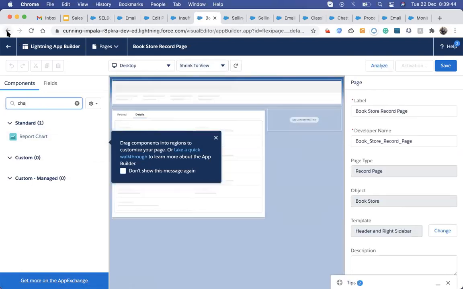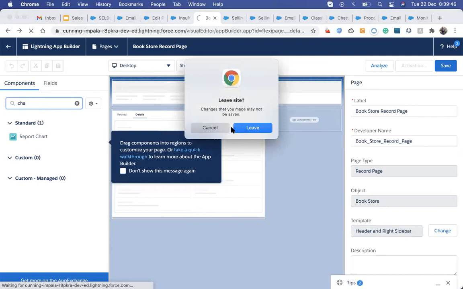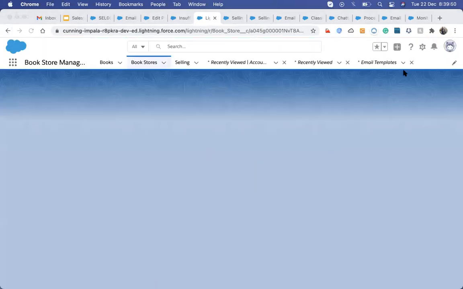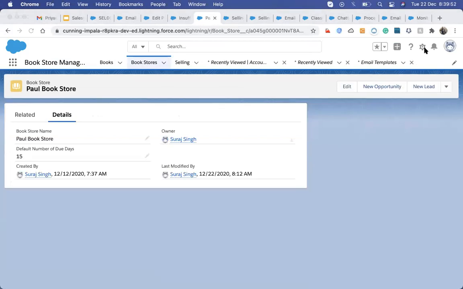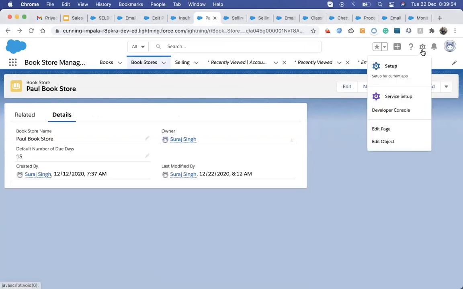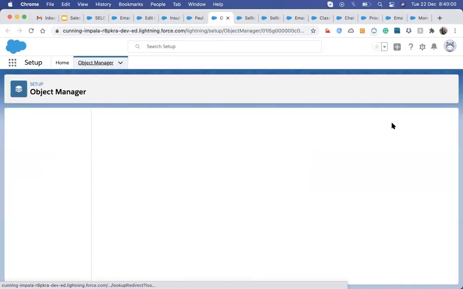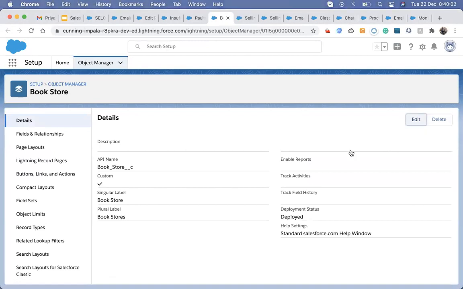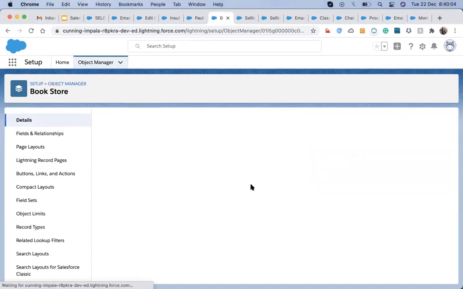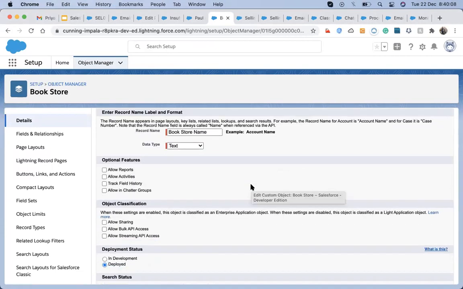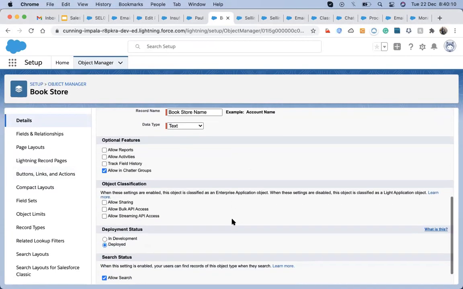Okay, it will not show because we have not activated posting to Chatter. That's why. Let's activate that. What we have to do is go to the object and hit edit, and allow tracking, allowing Chatter groups.